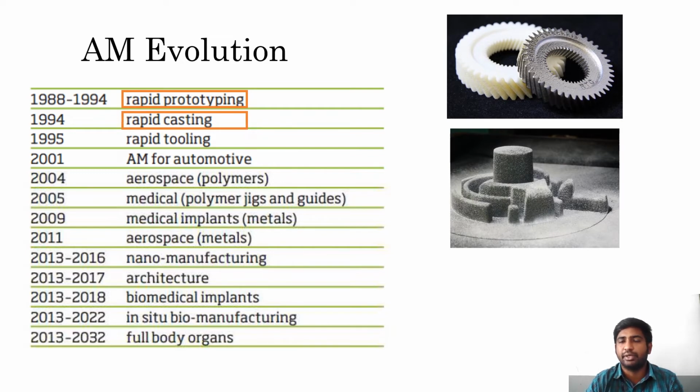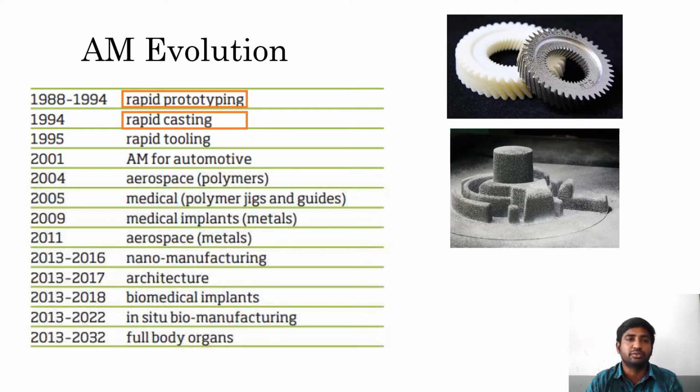This is the pattern which is created in the rapid prototyping technique. In the first diagram we can easily see that this is the pattern created by the rapid prototyping technique. This is the exact gear for some machines, I think a helical gear. In 1995, rapid tooling was introduced. Rapid tooling is the technique by which we can easily create tools, directly or indirectly.